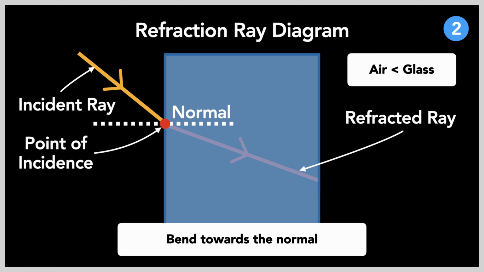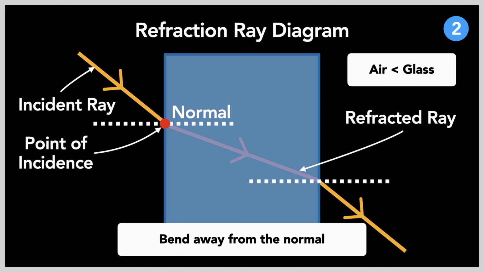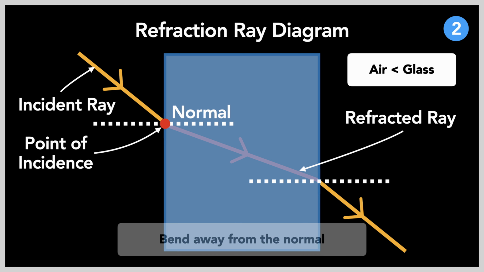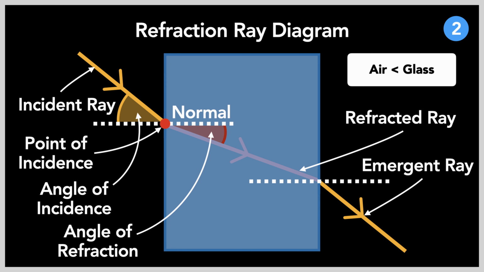Now, we are on the other side of this piece of glass. Same process, we would have to draw the normal line and picture where the ray would be. Now, since the light ray is entering a less dense medium, it will emerge bending away from the normal, like this. This new ray is called the emergent ray, and should be parallel to the incident ray if both surfaces are parallel as well. The cherry on top is to write down the angle of incidence and the angle of refraction, as you can see marked here.